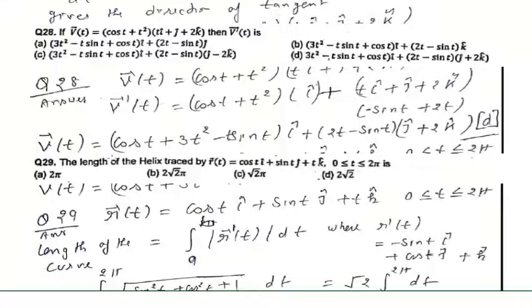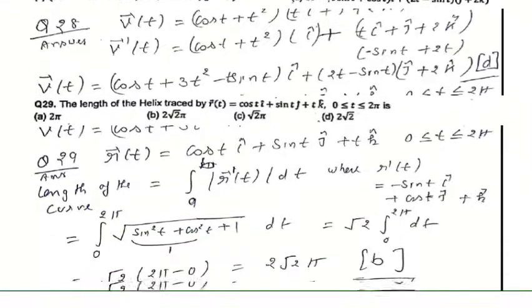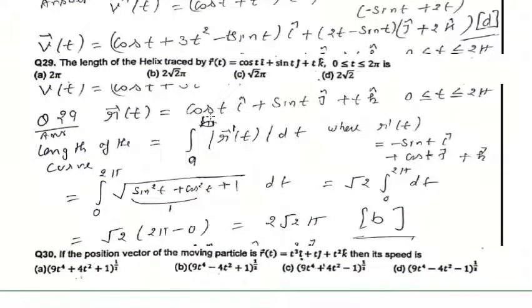Next, you are asked to calculate the length of this curve. So what is the formula for the length of a curve? Differentiate this and take the magnitude, thereafter integrate. It is the formula for the length of the curve. So what is the derivative of this? It is minus sin, it is cos, it is 1. So take its magnitude: i component square, j component square, and k component square. 1 plus 1 is 2, it is square root 2, integral 0 to 2 pi dt. So take the square root of 2 times 2 pi minus 0, it is 2 square root 2 pi. So answer is 2 square root 2 pi. This one, B, is the option.